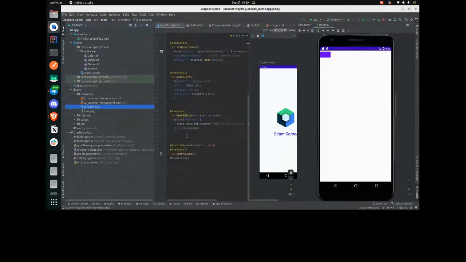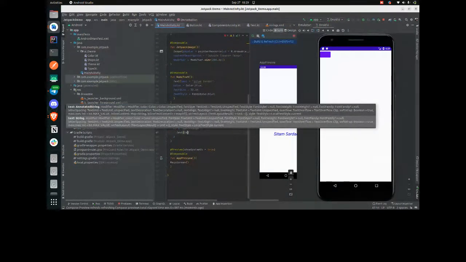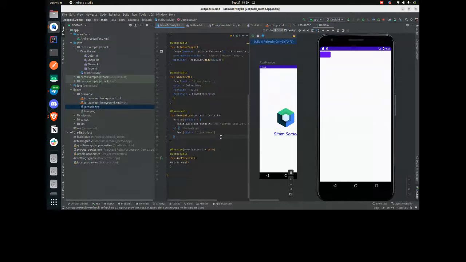For this I will use, see, automatically a row scope is there. Inside this row scope I will put a text. The text composable is responsible for showing a text. So inside text I am giving a parameter text and giving click here text. Now if I build this again,